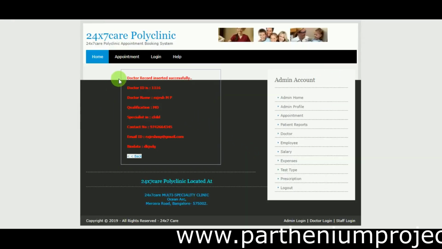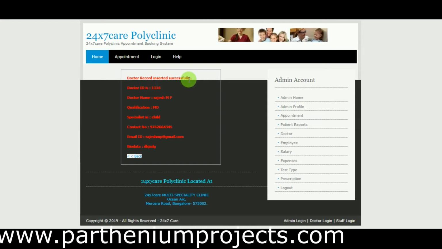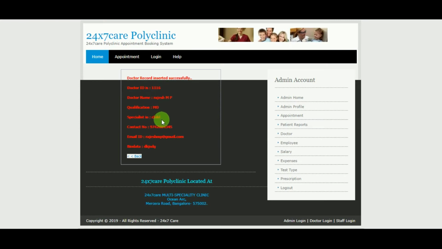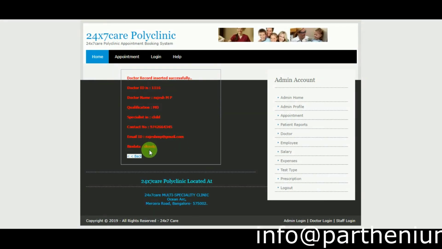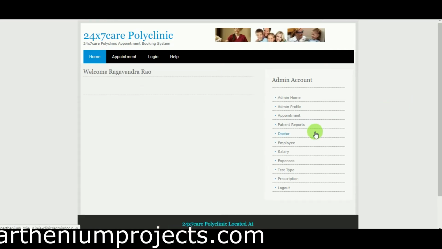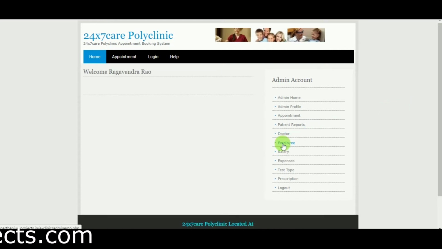Here you can see the doctor record inserted successfully. You can see the doctor ID, name, qualification, specialization, contact detail, email address and biodata. Click on back. Next is employee.